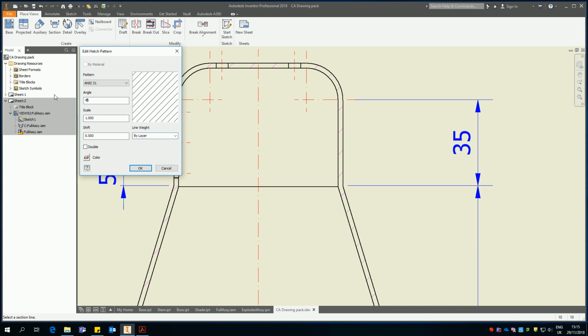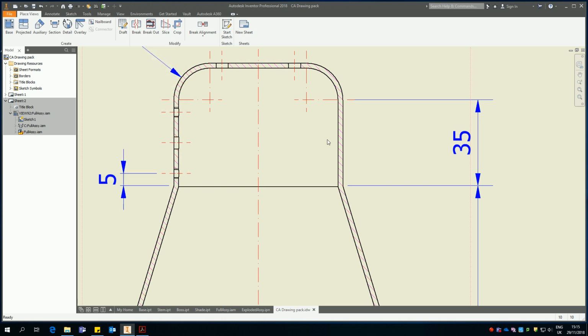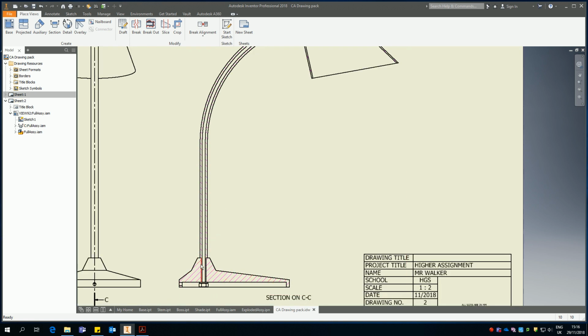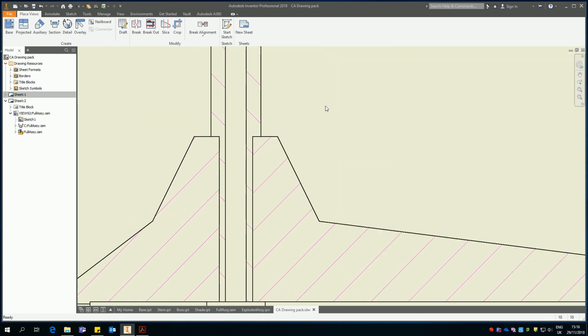So I'll do this the other direction, and I'll change the scale of this one, and I'll take it down to probably 0.2. Let's go 0.3. And just that will allow us to see it a little bit more. But yeah, make sure you fix your hatching. So back to sheet 2, this is why it's going to be an issue, especially on some of these